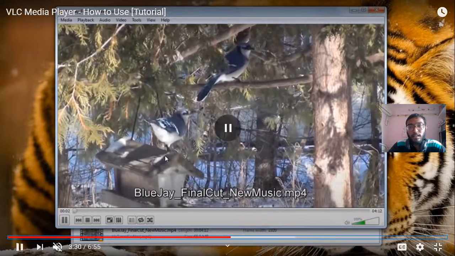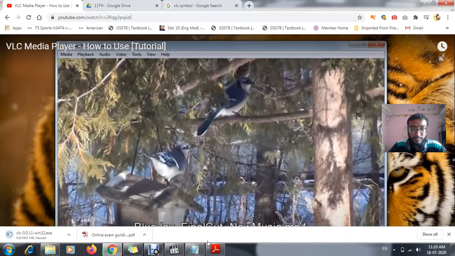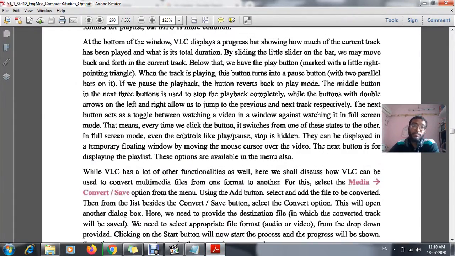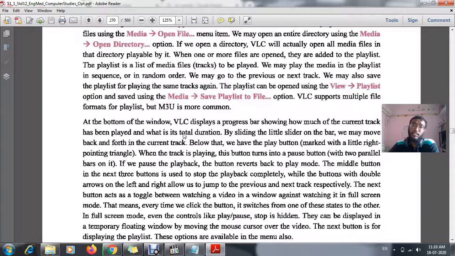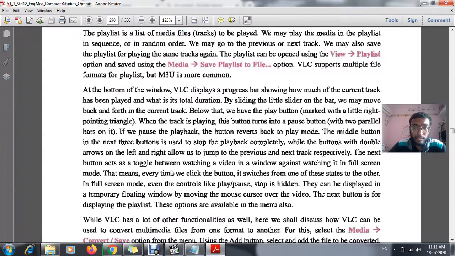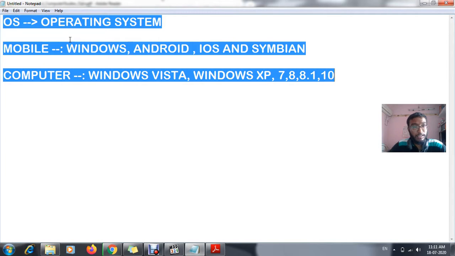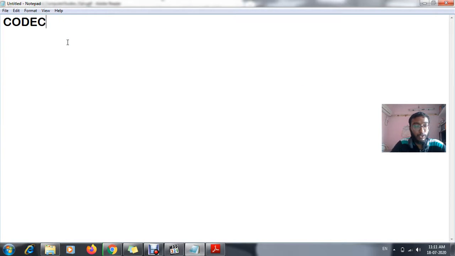Now another main thing is that in your VLC media player we will have an option, that is the codec function. Now what do you mean by codec function?